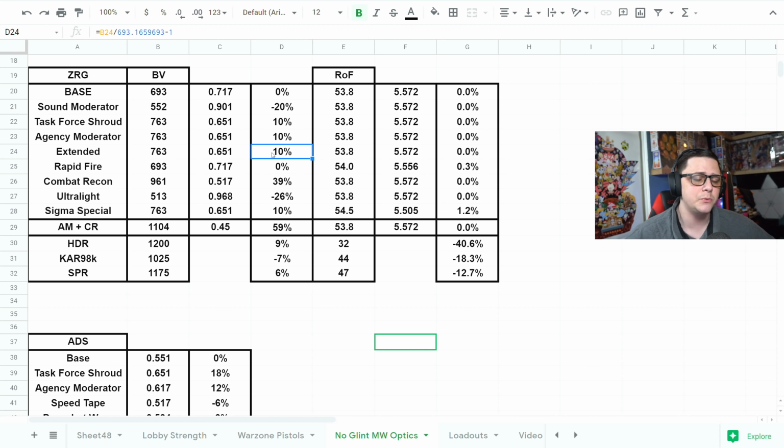We have the extended, which is also helping out 10%. We also have the combat recon, which helps out about 40%, up to 961. And these were tested individually. If we do the ultralight, it actually tanks your bullet velocity by about 26%. We have the Sigma Special, which is all the way at the bottom, and that will also help out 10%. So pretty straightforward there. They're probably slightly different, maybe 11% here or there, but this is kind of just averages